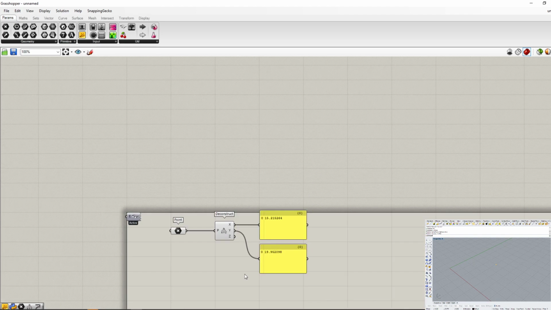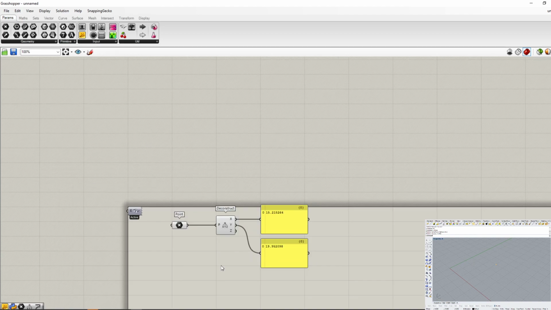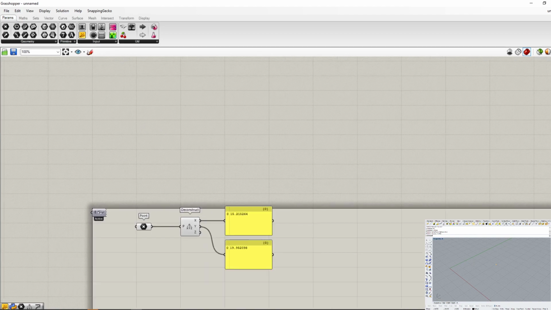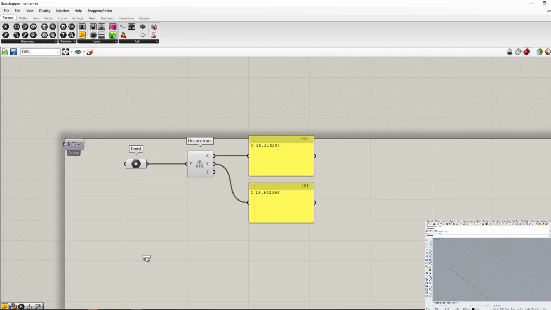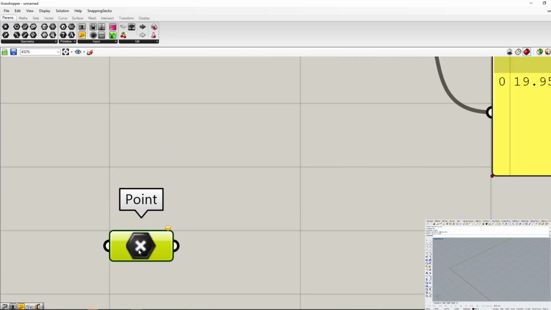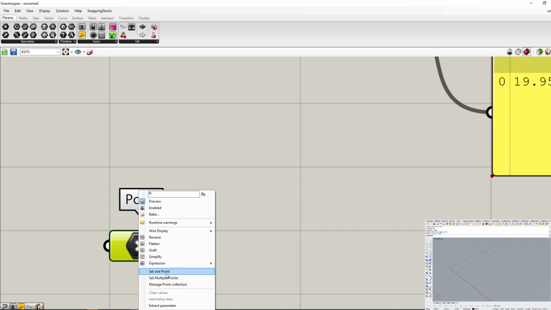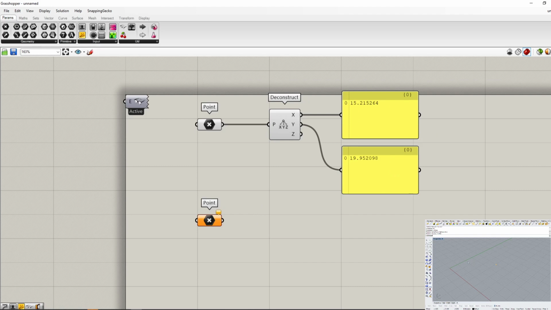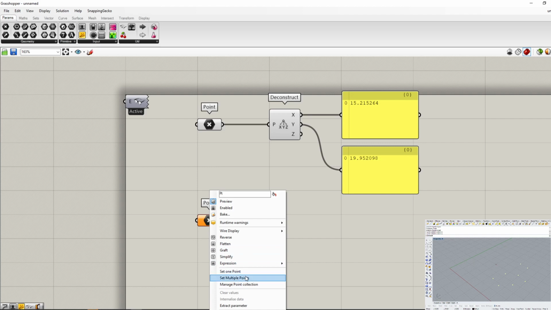Now to move on, I'm going to create a new piece of code where I make a point component like we did before, and instead of choosing set one point, I'm going to choose set multiple points. Clearly, that's going to allow me to input multiple points into Grasshopper. So in Rhino, I'm going to draw a bunch of points, not really caring too much about them. And I'm going to right-click on my orange component, and select set